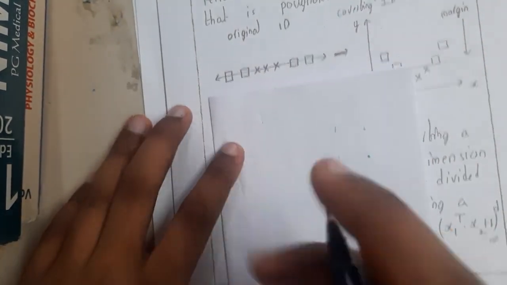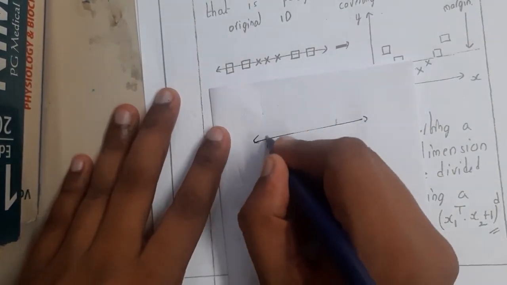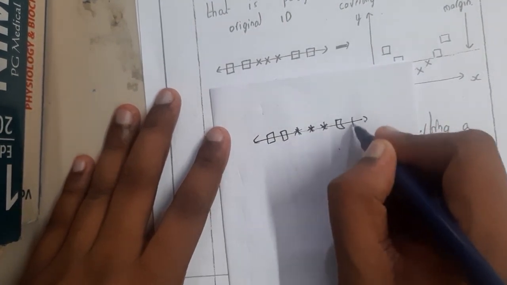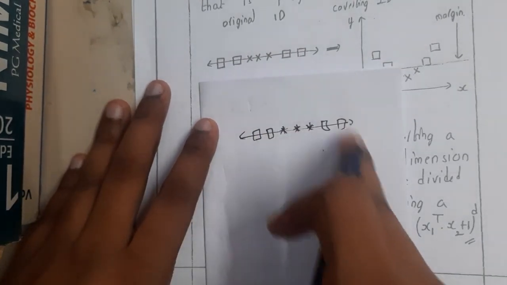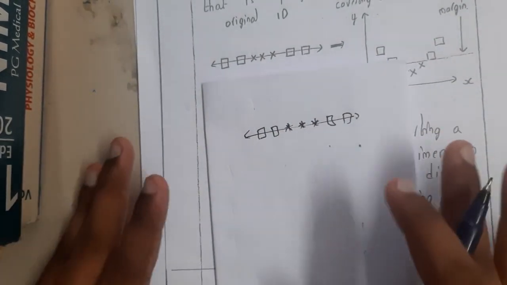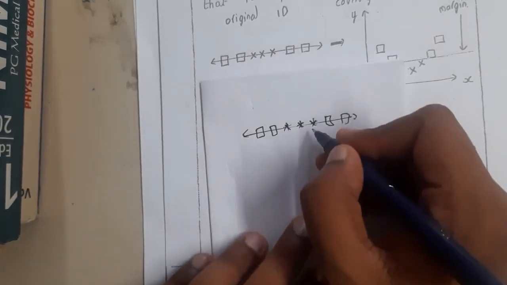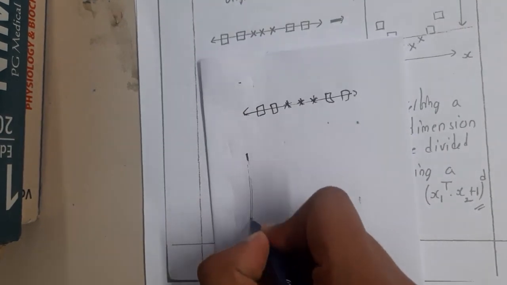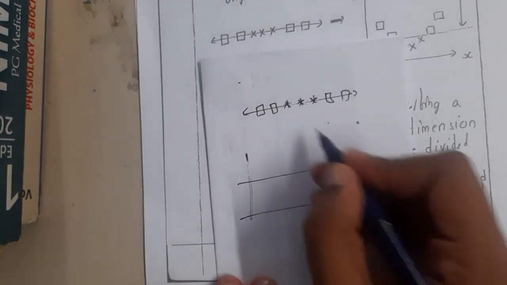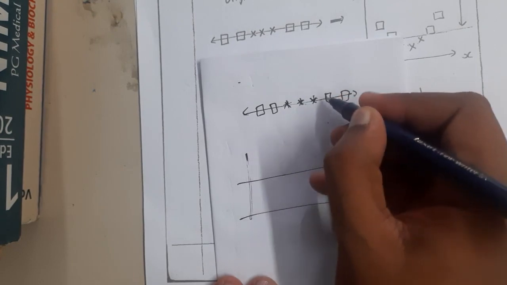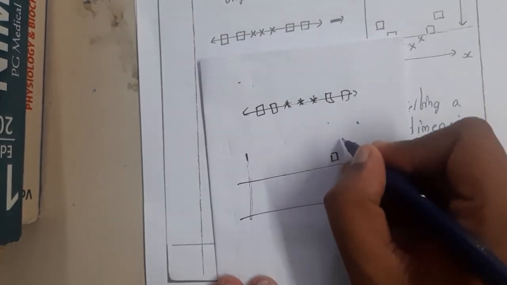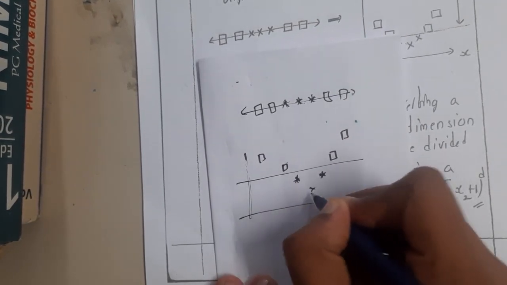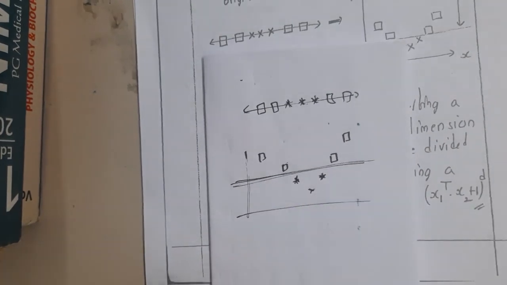You will say, first show an example, then we will get a clear idea. Okay, so let me draw this exact diagram. Here we have a square, star, star and square. Can I divide it linearly, guys? With a single line I cannot even divide them, right? So let us do some modification. Let us bring an axis, let us make it a 2D axis, and let us place this line here, and move these star values below and the square values above. If you notice here, using a single line you can now divide them, right?